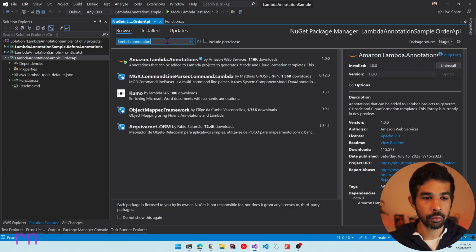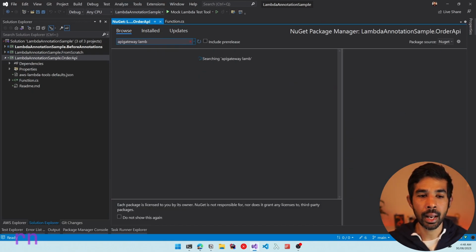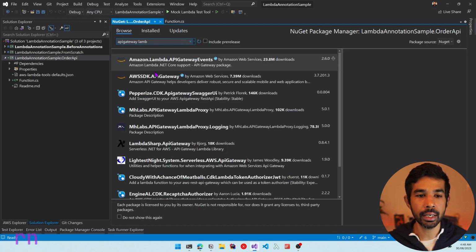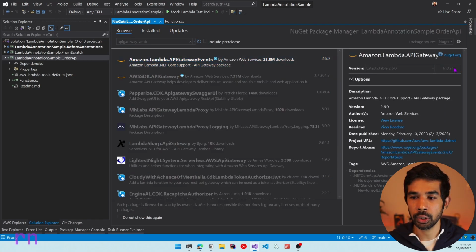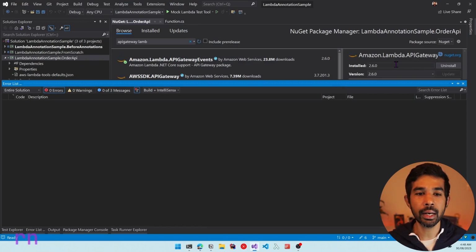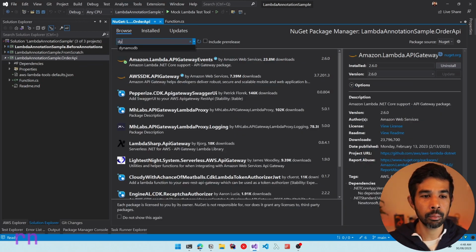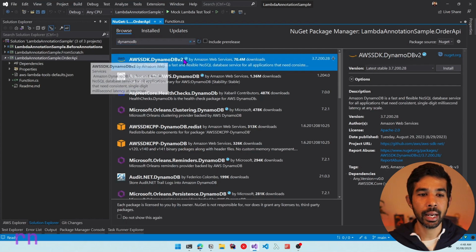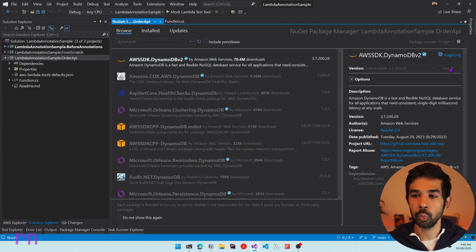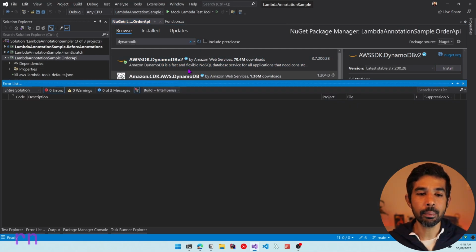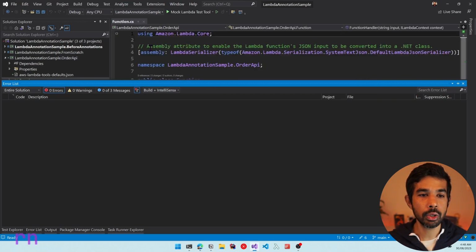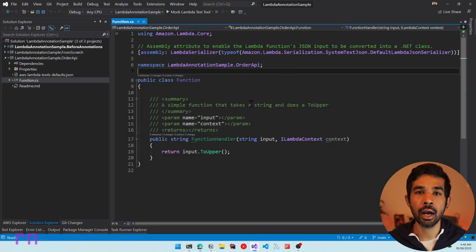Let's also search for the API Gateway Lambda events NuGet package. So let's add this one into this project as well. And since we need to talk to DynamoDB, let's also add the DynamoDB package. So let's choose the AWSSDK.DynamoDBv2. Once these three packages are installed, let's switch over to the Function.cs and let's add our first